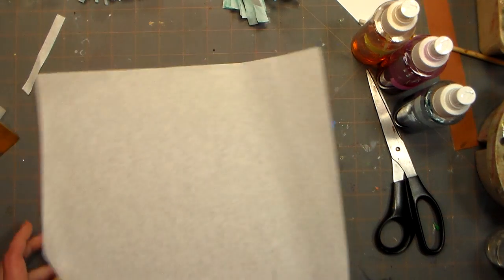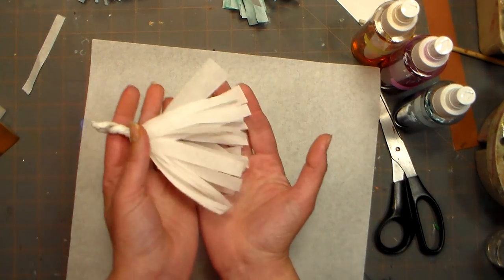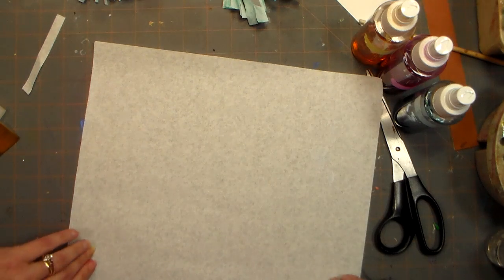So to make the ones with the bigger tassels like this, what you want to do is fold your deli